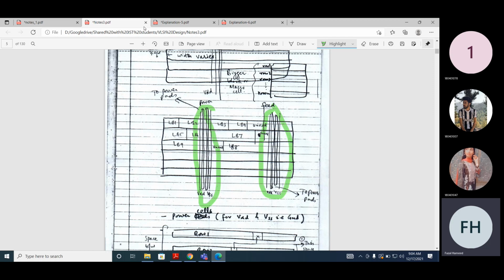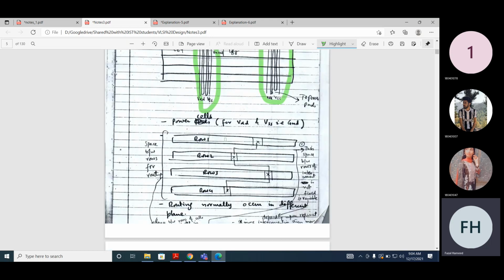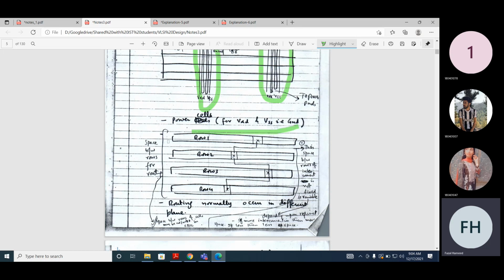So if you look at here, there's a power rail, and they are connected to the pads. The power rails are distributed across all the rows. So you have some columns of power rails, VDD and VSS. Then these are the power cells for VDD and VSS, and this is the space between rows for routing. So let's assume you want to connect this cell with this cell, you can connect it through the space. That's the space available, and you can connect different cells.